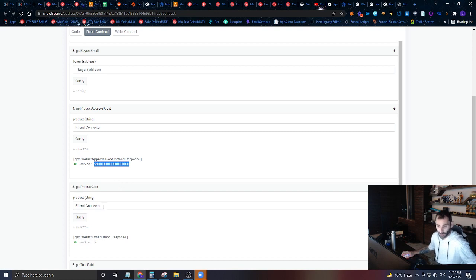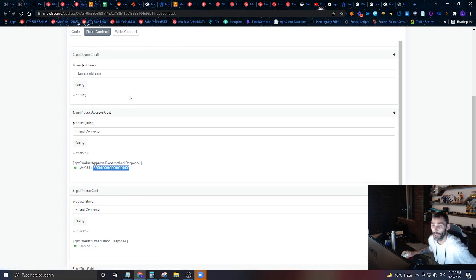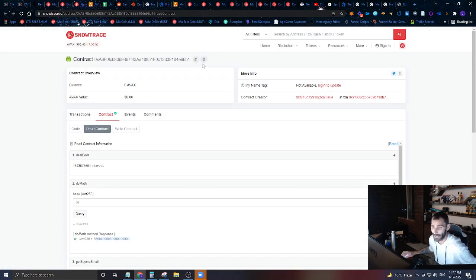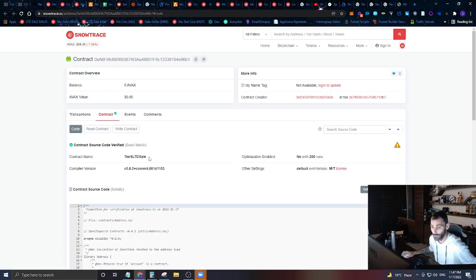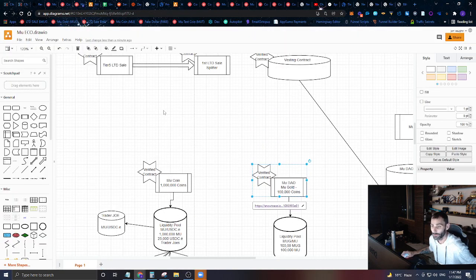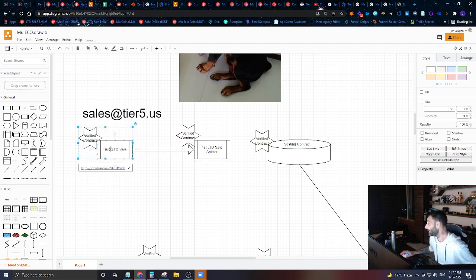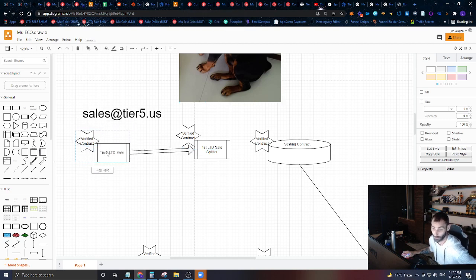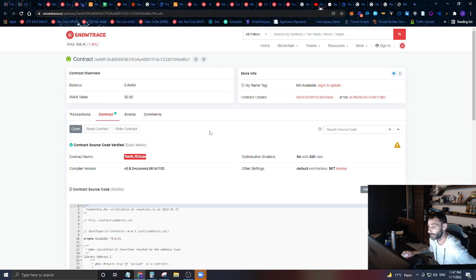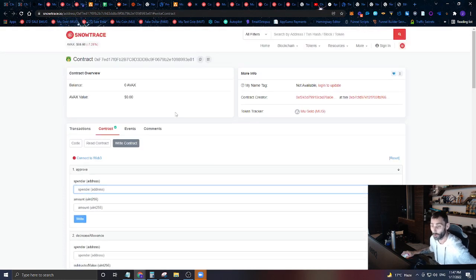Okay? So I'm going to show you what's going to happen if we only approve 36 and we don't approve this much Mew coin. So what we're going to do is we're going to grab this contract address, because again, this code is the tier 5 LTD sale. So this code is this contract right here. So we're going to allow this contract to spend our Mew coin for us. All right? So because we want it to be able to spend however much Mew coin that we want to pay for this offer. So we're going to come over here to our Mew Gold,